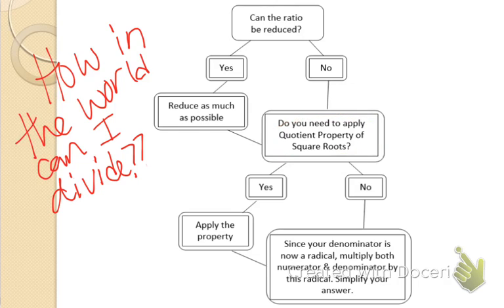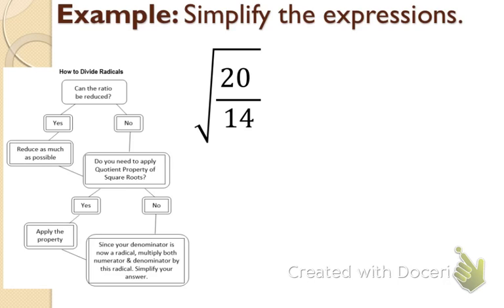Next step, apply the property. If you need to, apply the property where you can split them up or put them together, numerator and denominator is what I mean. So depending on what you say, then at the end, we want to simplify, which is our goal. So let's go ahead and start with this square root of 20 over 14. So like the chart said,